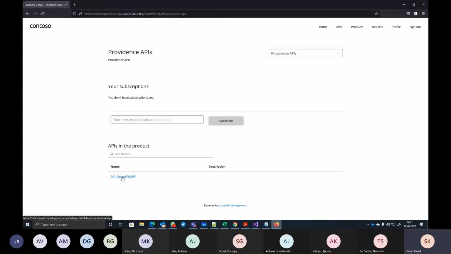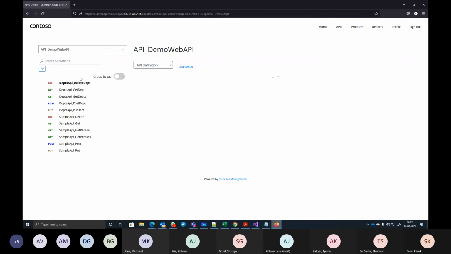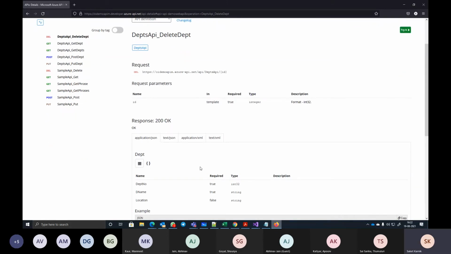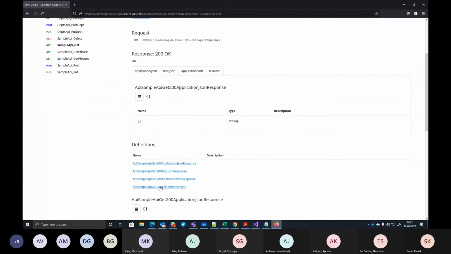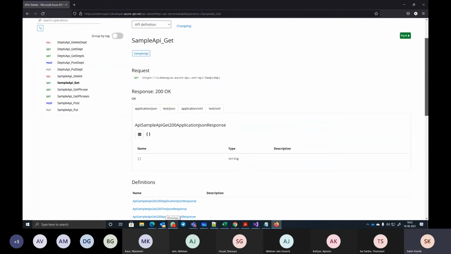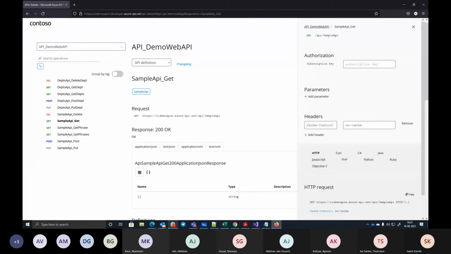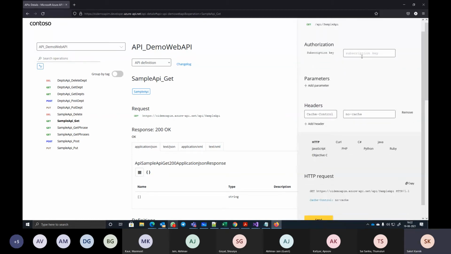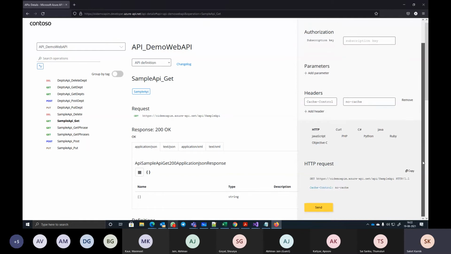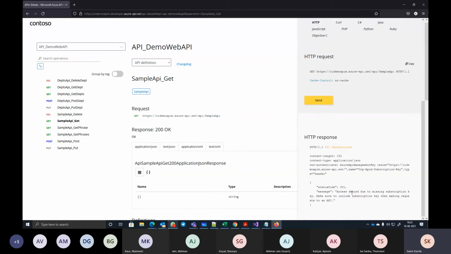I select this API and see the description of that API, what it has got. I can see everything here, but if I try to execute the API for testing purpose, I actually don't have any button to try or something, right? Here, okay, here it is. I say try it. I don't have a subscription key without which it will anyways not work. Even if I do send, I should not get any response. It just says access denied.